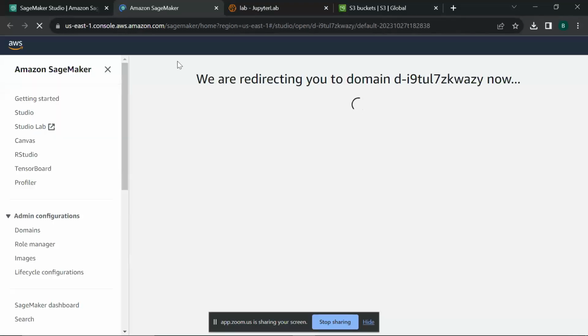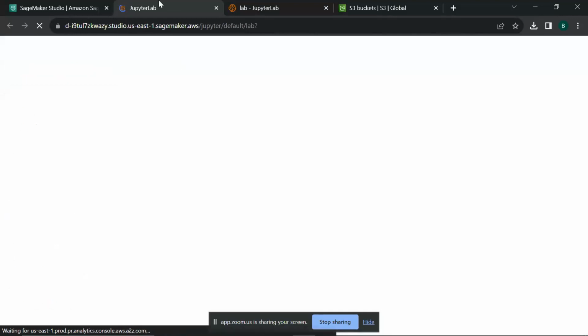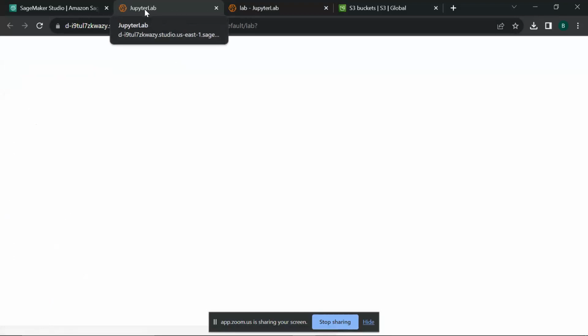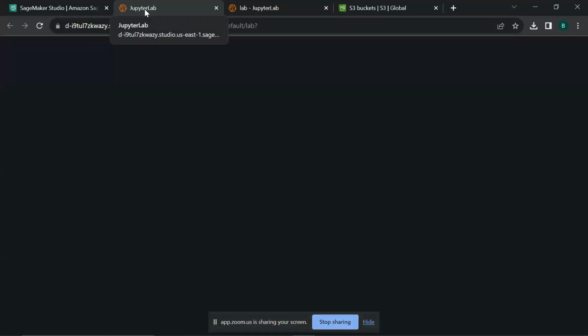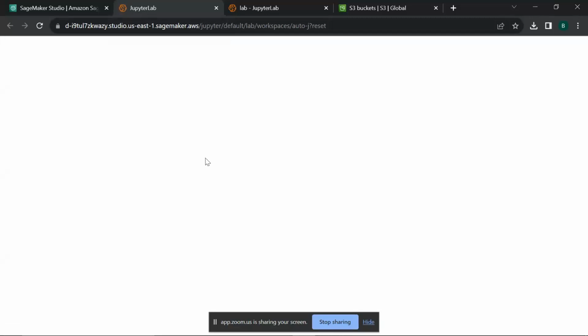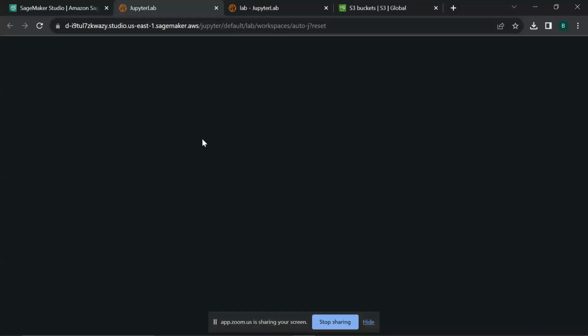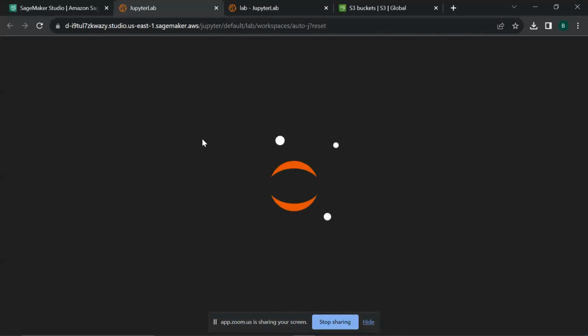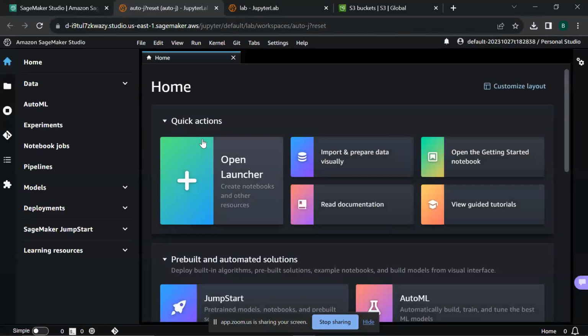So it's going to provision a Jupyter Lab, and then we can create a Jupyter Notebook and write our codes there, our machine learning codes there. So let's give it some time. So, okay, so this is